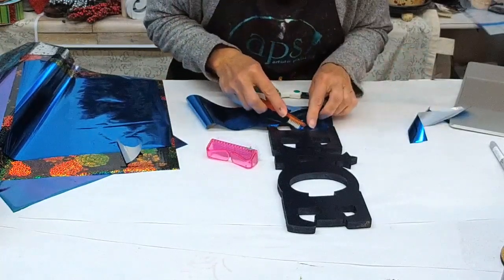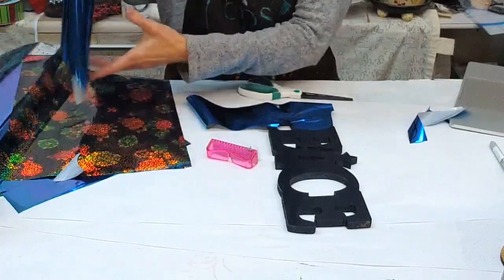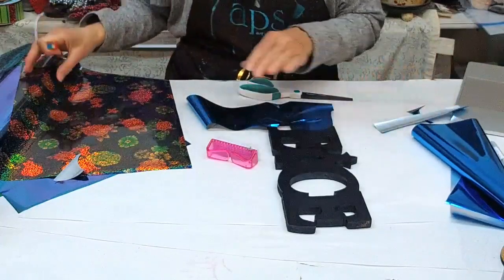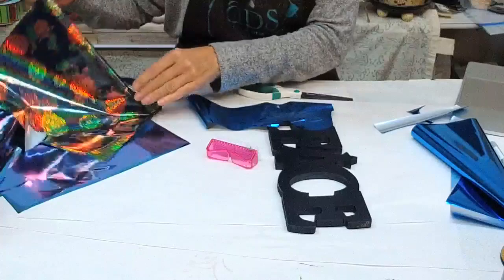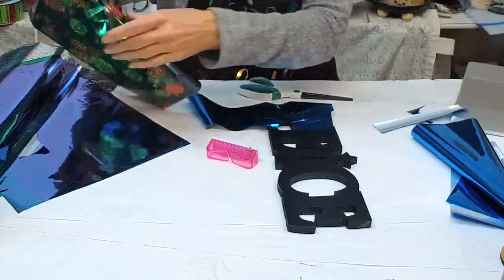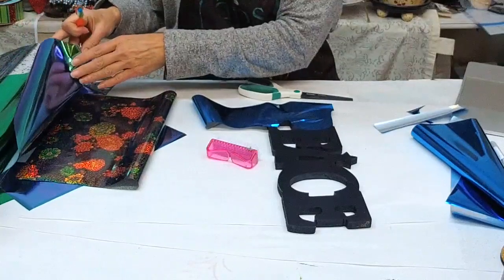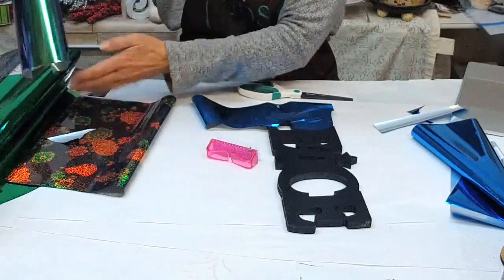Okay, so now I've got my blue on the first letter. I'm going to move some foil out of my way. I know I'm going to keep the Nova glitter for the A, which is like the Christmas tree. I'm trying to think what I want to do next. Okay, I think we'll do